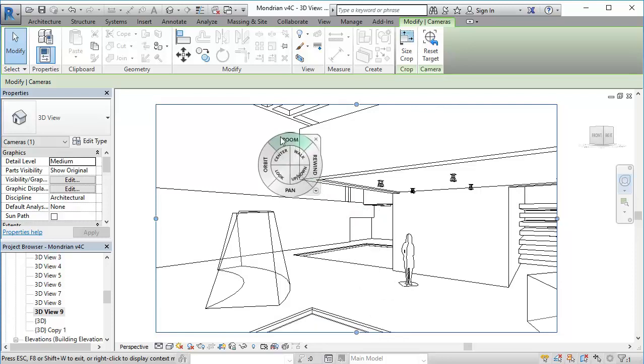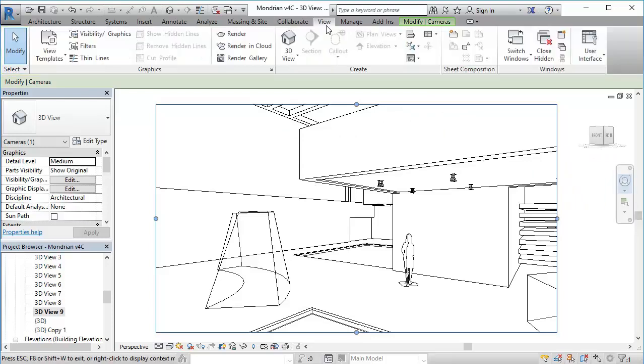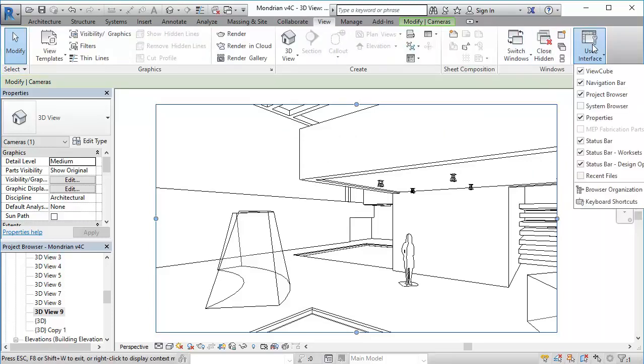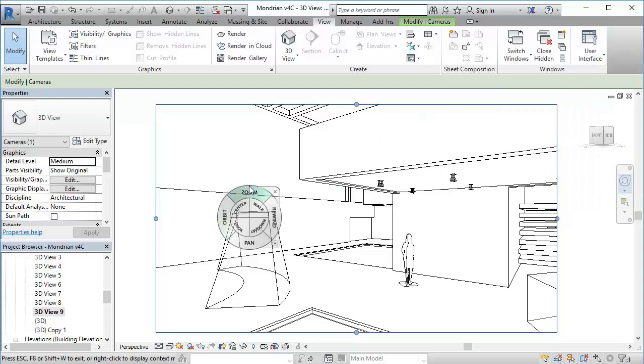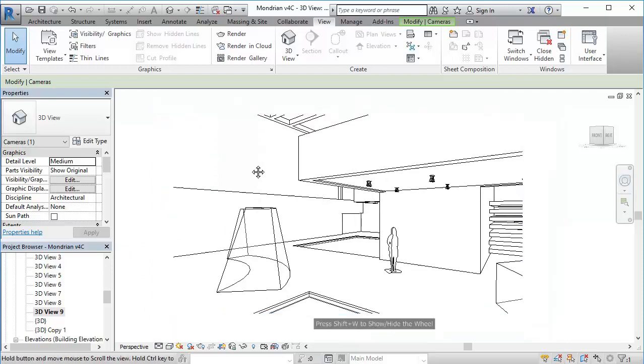Yep, if you can't see this panel over here, sure, just go to the View tab, and then under User Interface, you can tick any element. So that one is the navigation bar. Yep, sure. So, okay, so just make sure that your camera is not inside a wall, and also be aware